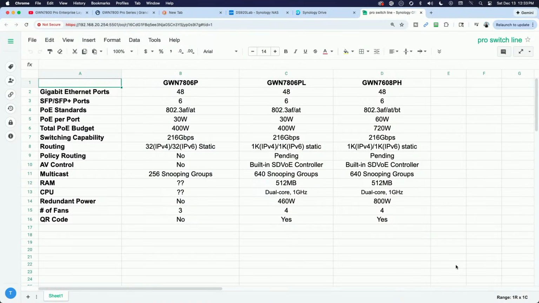So, where is it? Here we go. Let me go back up on screen again. I'm not using my Super Source today because the Raspberry Pi is acting up a little bit, but anyway, I put this together real quick this morning. So column B is the GWN 7806P. Column C is the 7806PL. And then column D is the GWN